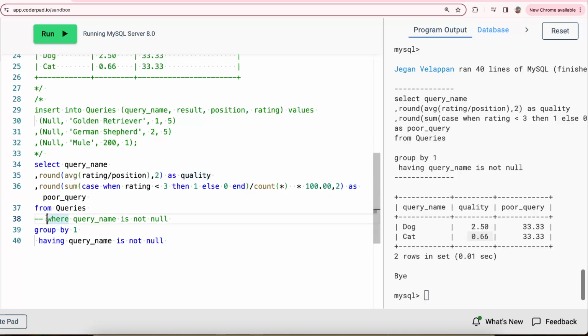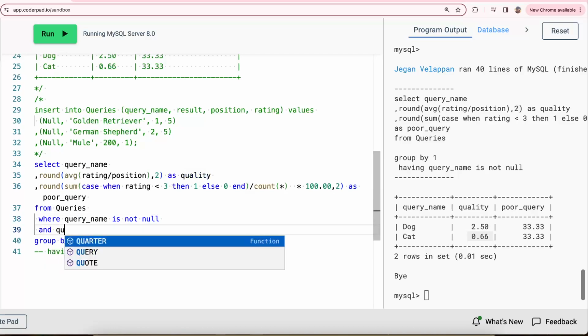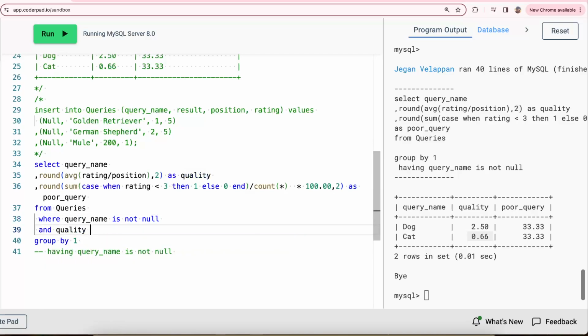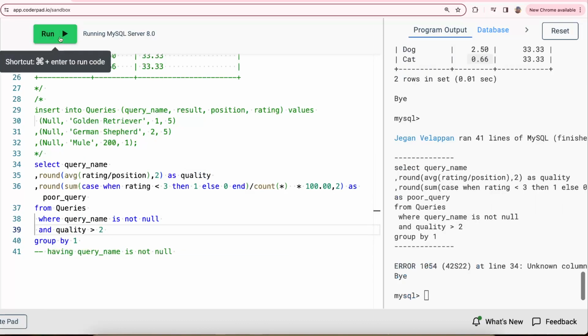I can't use this condition. Let's try this. I can't say where the quality, okay, let's say, and quality is greater than 2. If I say and quality greater than 2, it will throw me an error because quality is an aggregation function,